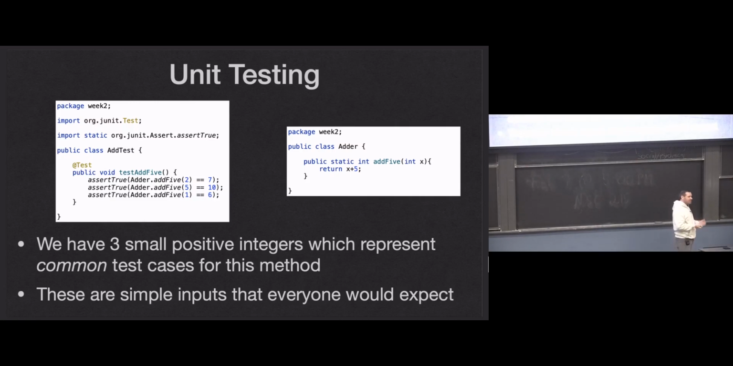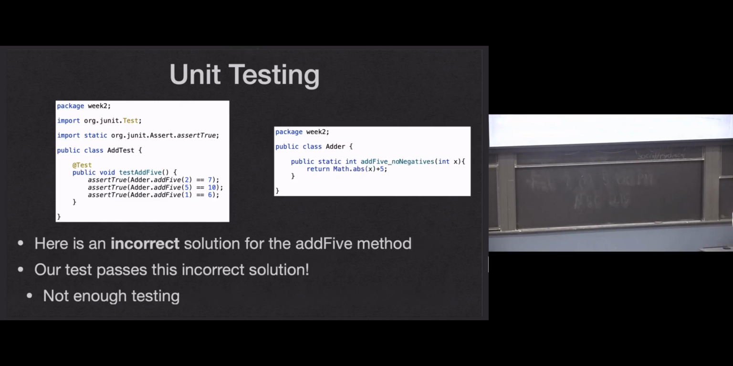I would not be convinced. So here's some code. If I just change my add5 method a little bit, I'm going to take the absolute value of the input and then add 5 to it. Well, this code is clearly wrong. It's not going to handle negative inputs. I don't know what would possess somebody to actually write this code,